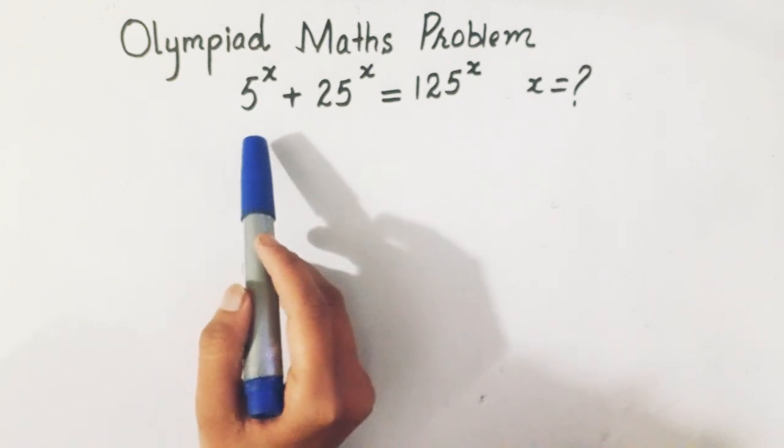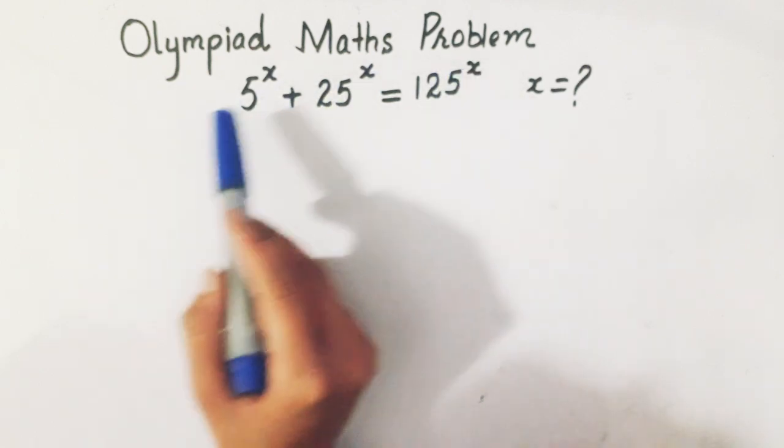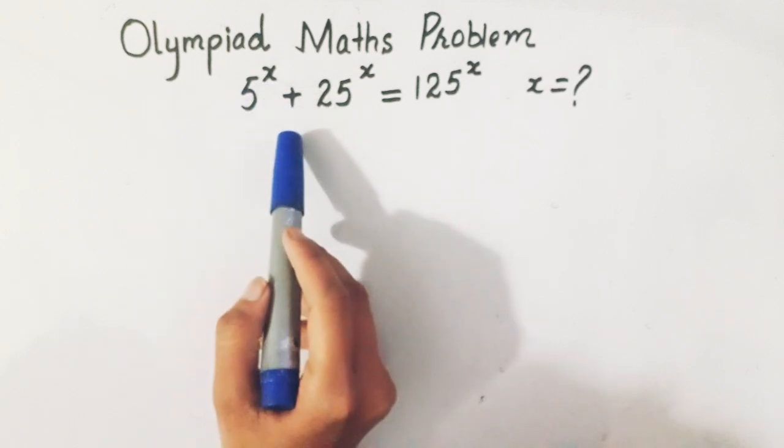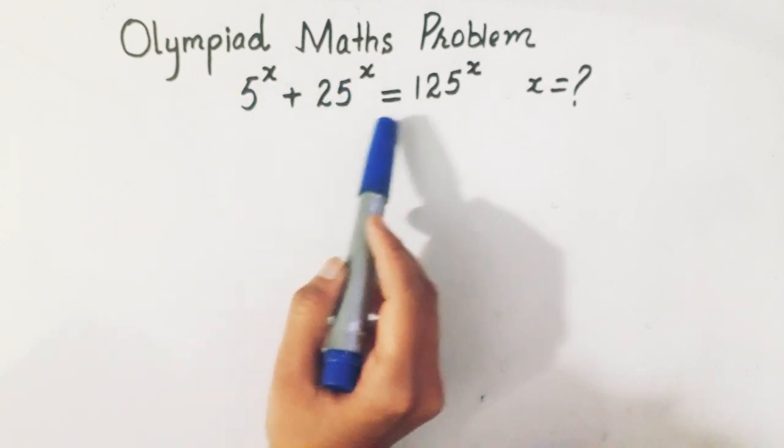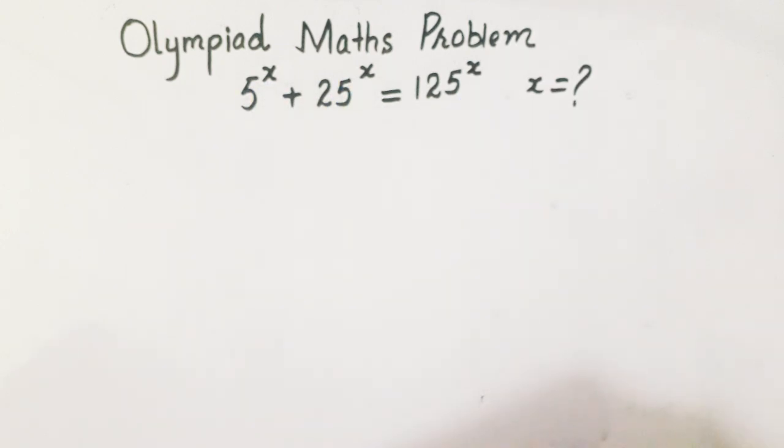Let's start today's challenge. Olympiad math problem is 5 raised to power x plus 25 raised to power x equals 125 raised to power x. You have to find the value of x. So we will solve this question as,